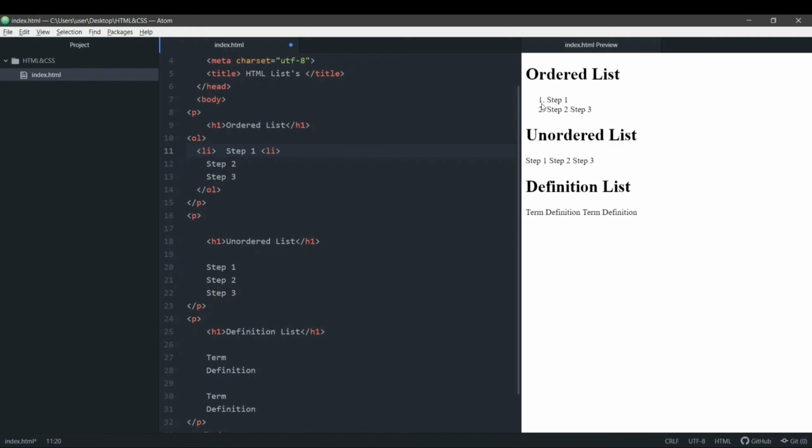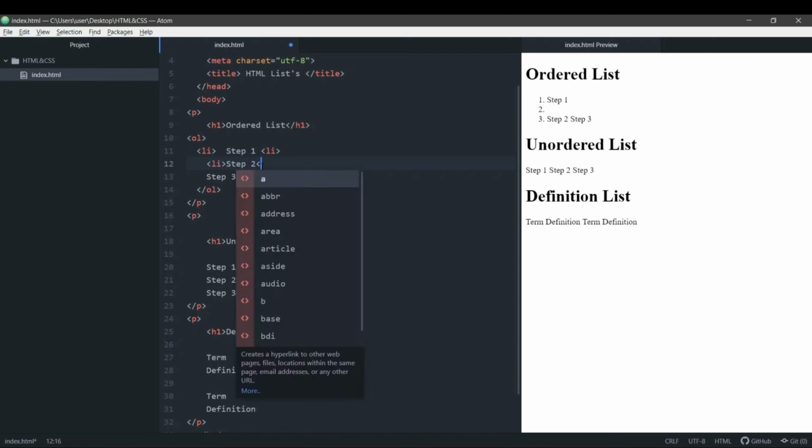You can see that after using LI, automatically we have this 1 appearing up here, and then we have this 2 without even adding this LI tag. That is because it recognizes that this is also a list item. Again we'll add an LI tag here and close this LI tag.